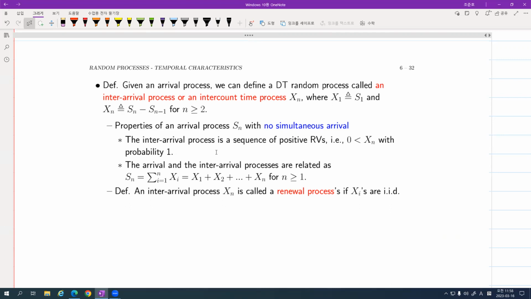By the way, if an inter-arrival process Xn has IID random variables, then it is called the renewal process. Or sometimes the associated counting process is called the renewal process. Because we are looking at the same thing and interpreting it differently in terms of counting process and arrival process and inter-arrival process. In many cases, they just say the counting process is a renewal process, even though strictly speaking, renewal or not is defined given an inter-arrival process. Anyway,